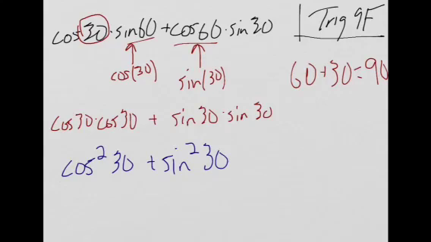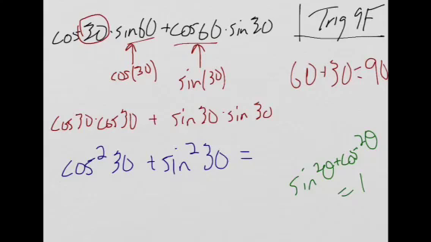And I notice now that this is just the Pythagorean identity. Remember? In green there, that's the Pythagorean identity. Sine squared of a number plus cosine squared of that number gives me 1. The key is that they're the same numbers. So since I've got 30 and 30, I got it written as cosine squared of 30 plus sine squared of 30, but I know that I can switch order when I'm doing